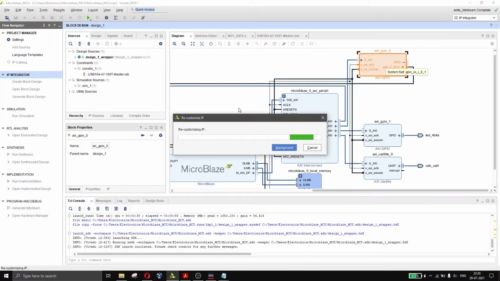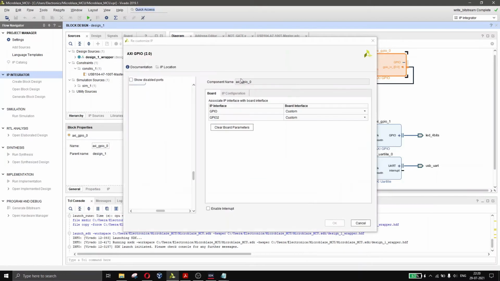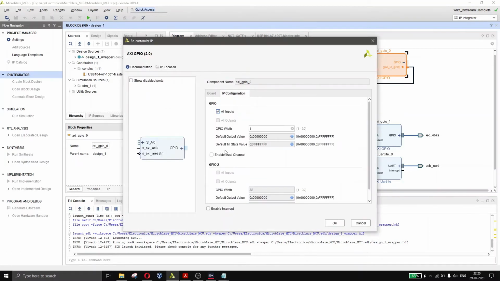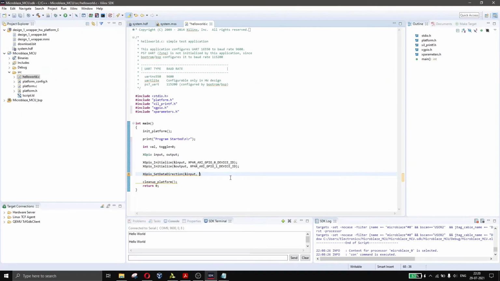I'll double click it once. Yes, dual channel is not there, so this is a single channel. Hence it will be 1 only.